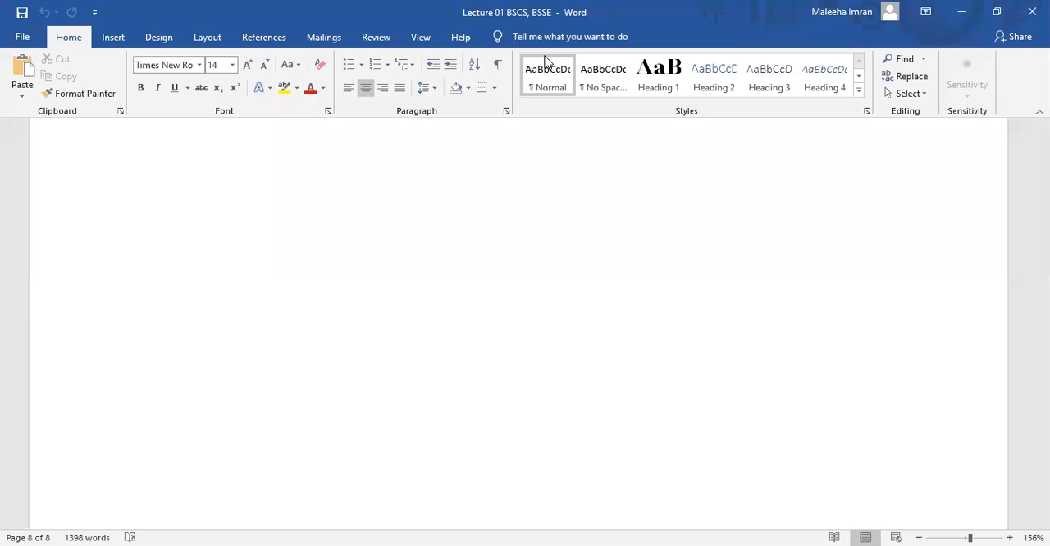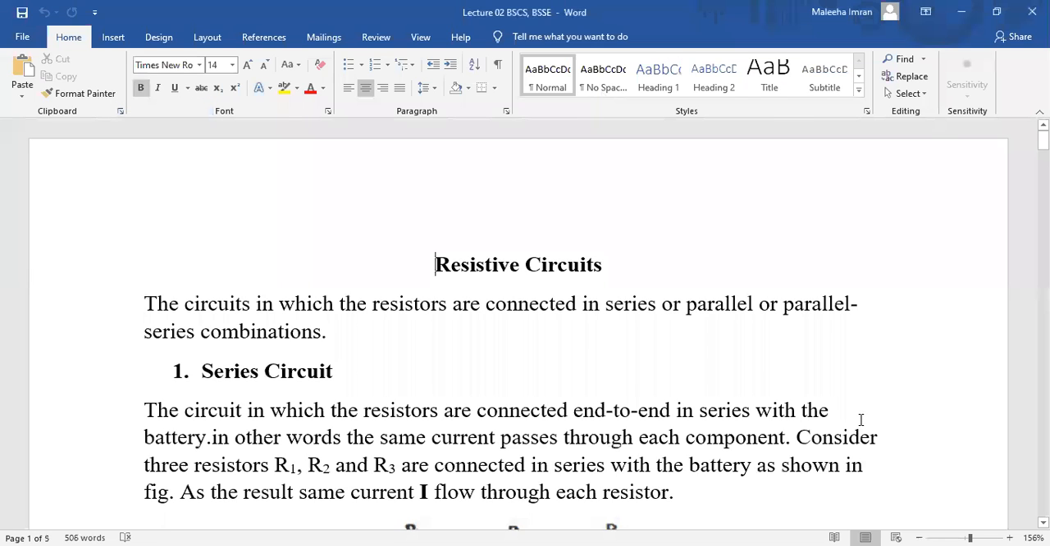अच्छा जी, now we have the second topic of this course, that is the resistive circuits. सर्किट्स आप जानते हैं कि सर्किट्स हमारे पास दो तरह की होंगी। एक सर्किट के अंदर आपका डीसी सोर्स लगा होगा, जबकि दूसरे सर्किट्स के अंदर आपका एसी सोर्स होगा। ठीक है जी।